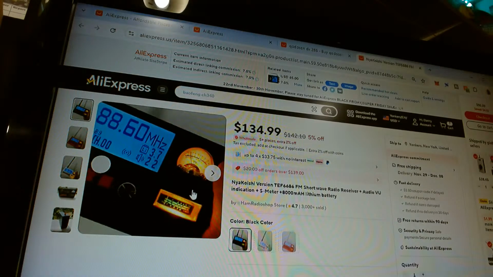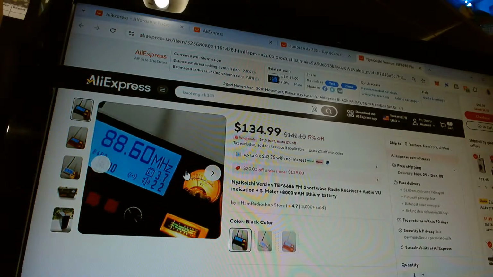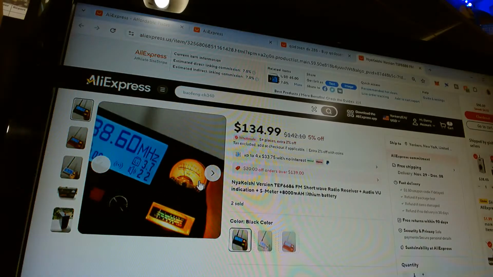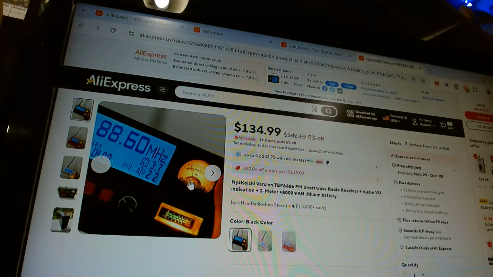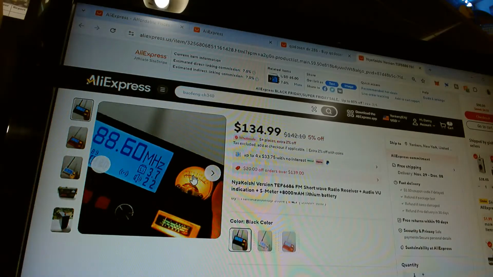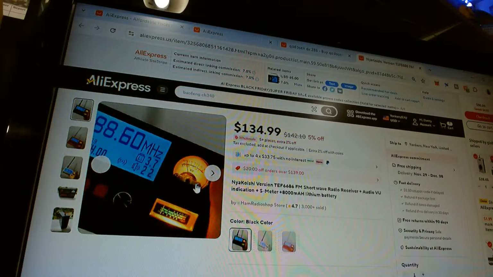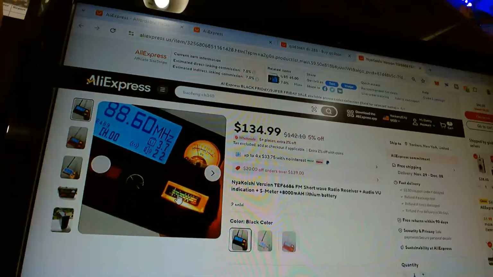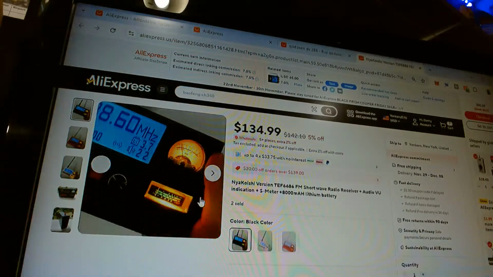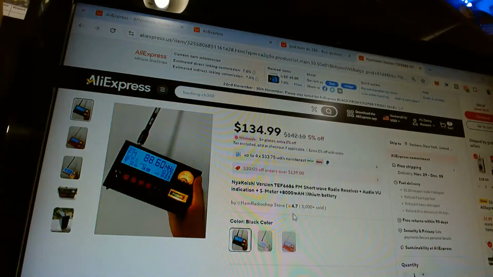I just like that glowing, nostalgic signal strength meter. It looks very nostalgic. I like that.